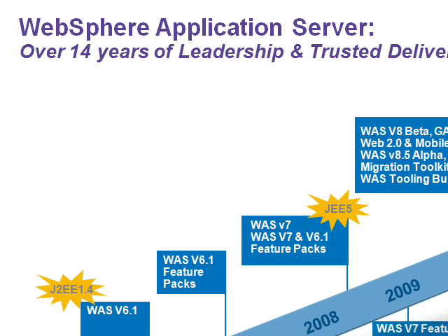2010 saw the making of WAS V8, and in 2011 the WAS V8 version was released around mid of the year, alongside refreshes to the hypervisor edition as well as the migration toolkit. And 2011 end saw the release of the beta version of 8.5, and towards the end of 2011 was beta, and 2012 saw the release of WAS V8.5 in two flavors, which is that of the mainstream,